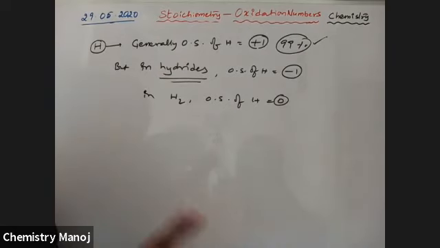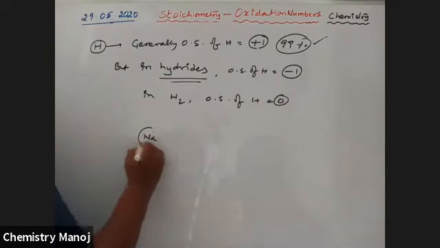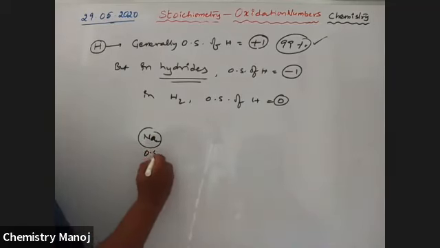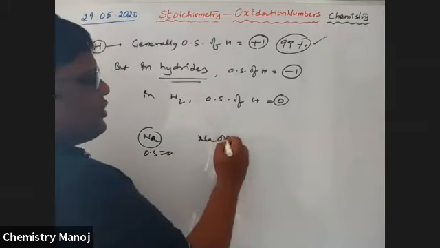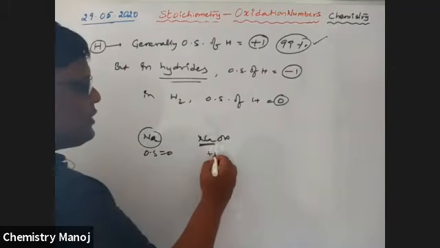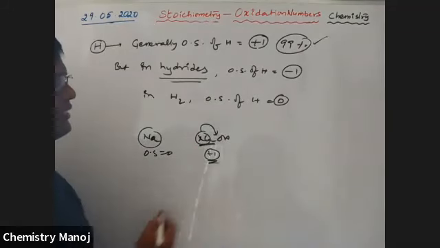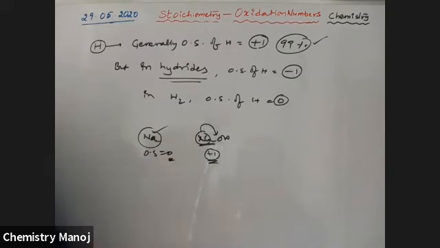In O2, oxygen is 0. In O3, oxygen is 0. In Cl2, Cl is 0. That means elements which are in molecular form automatically have oxidation state 0. When they are in combined state, then only plus or minus charges are possible. For example, what is the oxidation state of sodium in sodium metal? Its oxidation state is 0. But in NaOH, what is the oxidation state of sodium? It is +1. So when an element is combined with another one, then only +1 is there. If it is individually there, its value is 0.